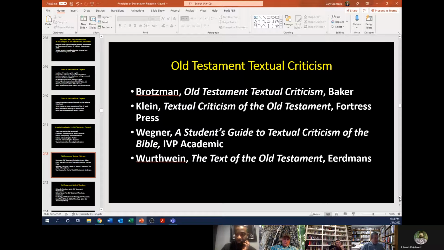Well, some books here on textual criticism. See if I can find my handout here. I thought I had it here. I probably put it somewhere else. Okay, so